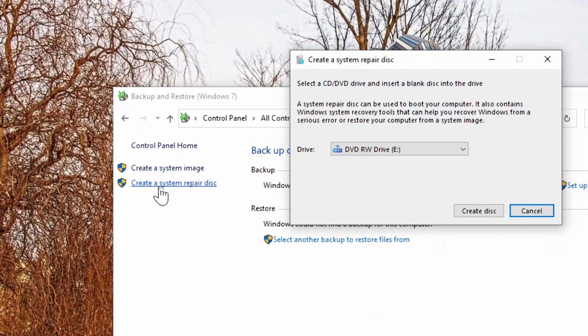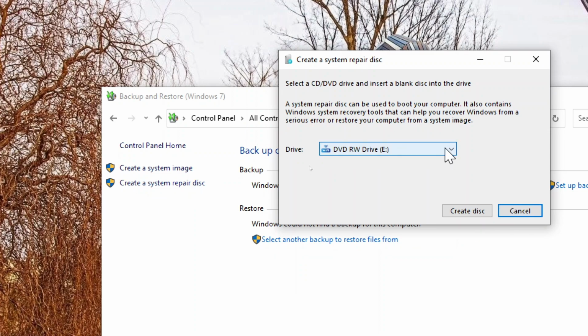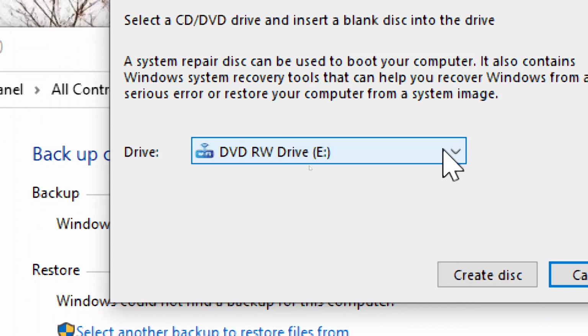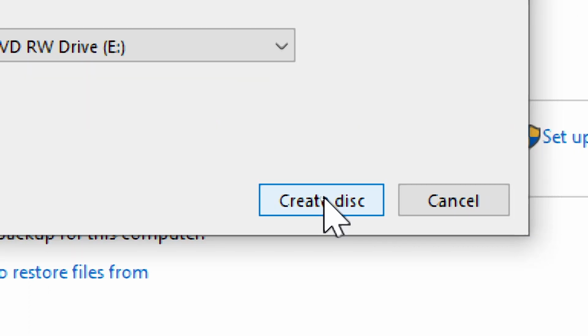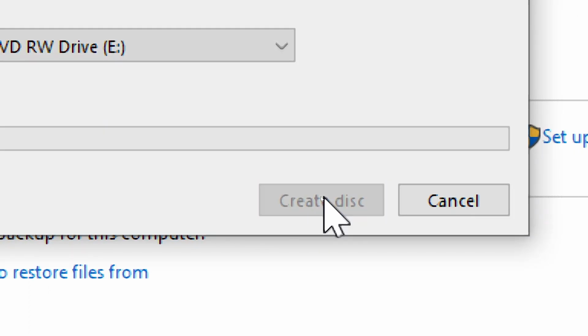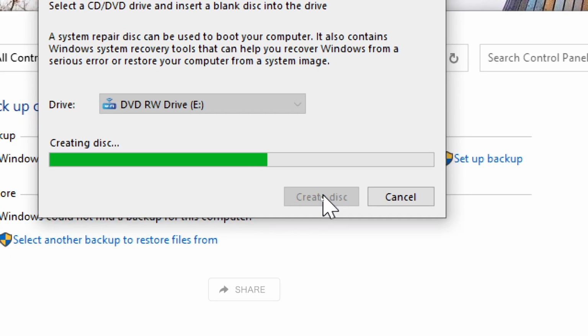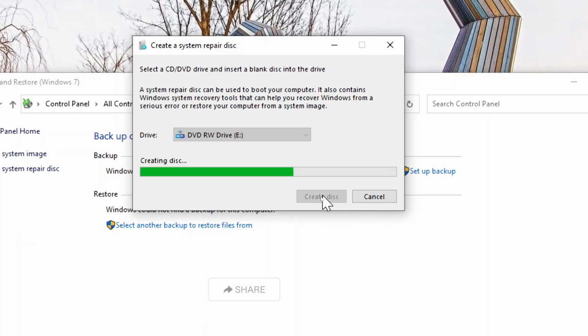Follow the prompts, and the system will guide you through the process. Choose the location where you want to create the repair disk, CD, DVD, or USB drive. Completion. Once the process finishes, the system repair disk or USB will be ready to use for troubleshooting and repairing